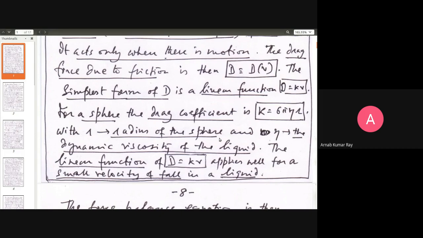Whereas in the former case, when I ask you to throw the stick like a javelin, like in the javelin throw last year, Neeraj Chopra got the gold medal. How was the javelin being thrown? Pointed tip first, not flat on. If it were to be thrown flat on the side, it will not go very far. So why is this happening? Why does it travel a greater distance with the tip presented?